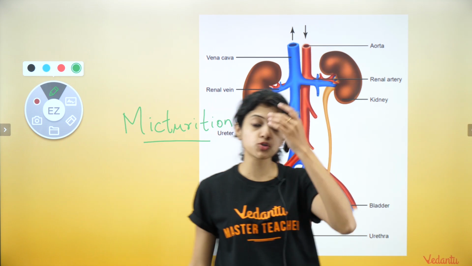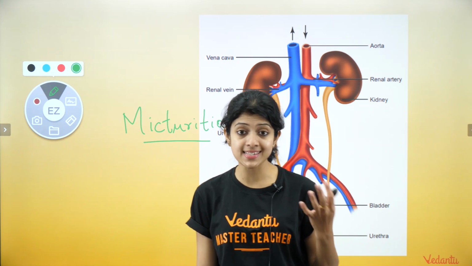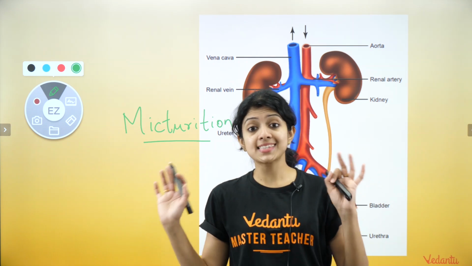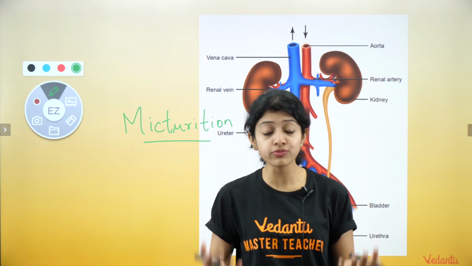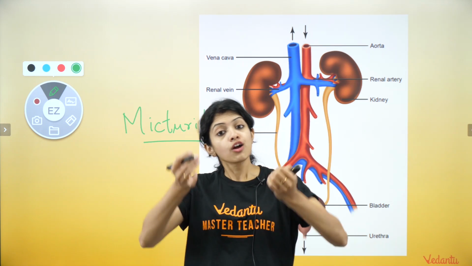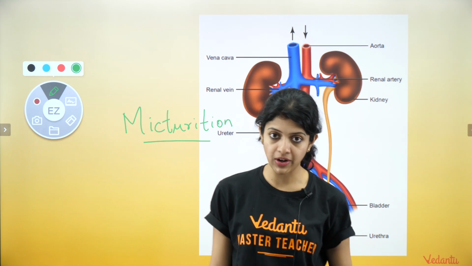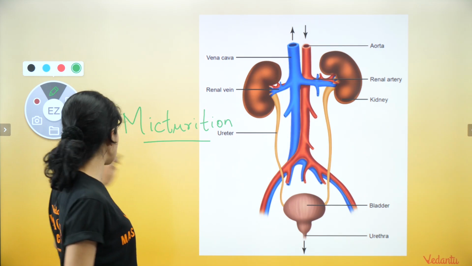Okay, it's an important term to remember. You may be asked in your exam as a definition. You basically just need to write that micturition is the voluntary act of expulsion of urine from your urinary bladder to the exterior through the urethra. Okay, so remember all of these names,